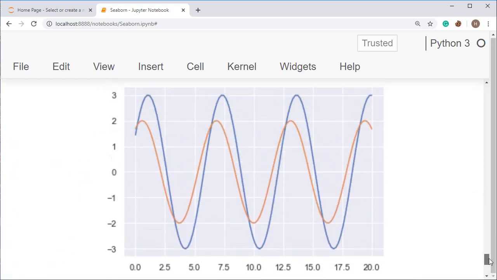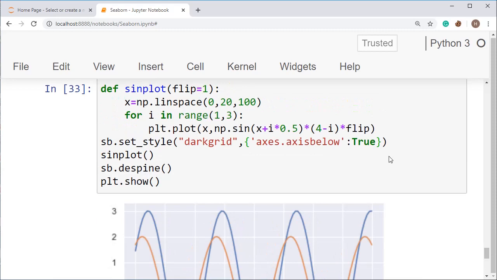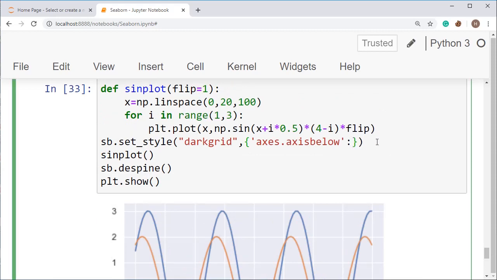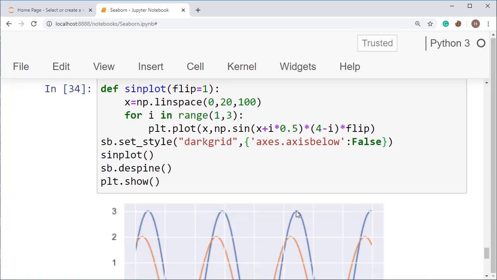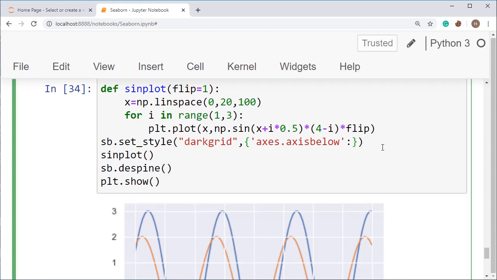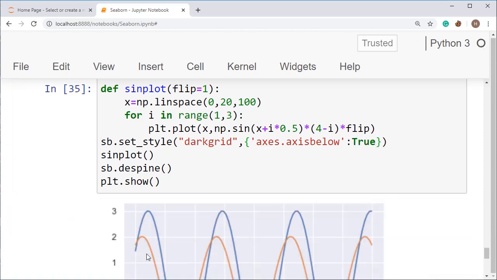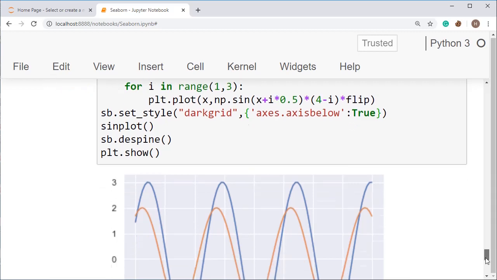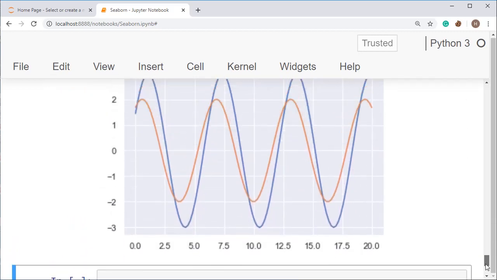See the difference. Set it to False and minutely observe the difference, otherwise you will not get the things. See here, you can see the graph has crossed the line and the line has been broken. But when you use True here, the line will be solid, not a broken line. So this is the change you can observe here.